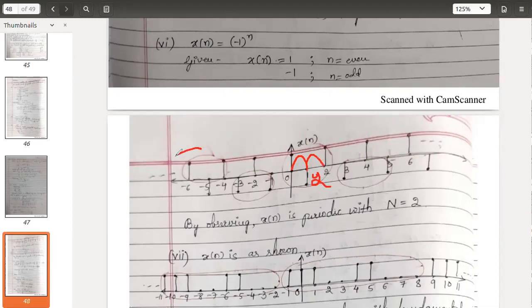You can count from here also. You just concentrate here. This is a positive value, then again a negative value, again I'll get a positive value. So there is a repetition here. So count the time. There is one transition, 1 unit, 2 units. So N is equal to 2. You can take anywhere, any point, the period should be the same. Okay. अगर मैं यहाँ पर चेक कर रही हूँ तो पीरियड अलग नहीं आएगा, everywhere if you check, your period should come the same.